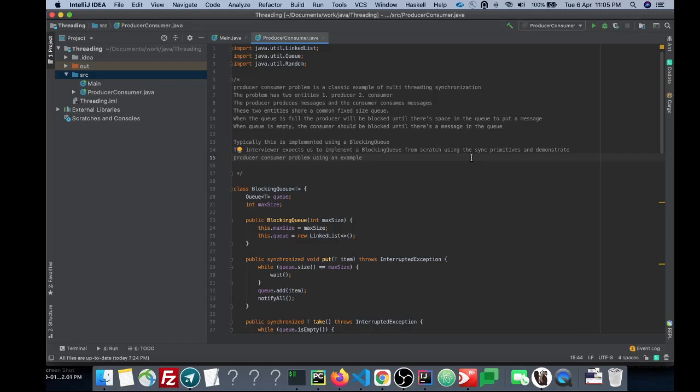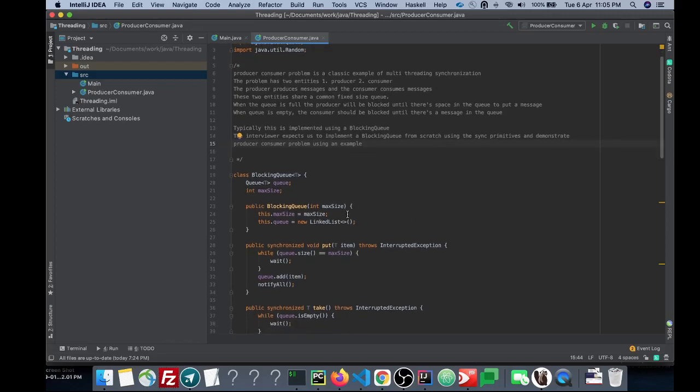Since the blocking queue is synchronized, everything runs perfectly. So the interviewer is looking for us to implement the blocking queue from scratch using the sync primitives and demonstrate the producer-consumer problem using an example. So let's dive right in and understand how we can implement a blocking queue.